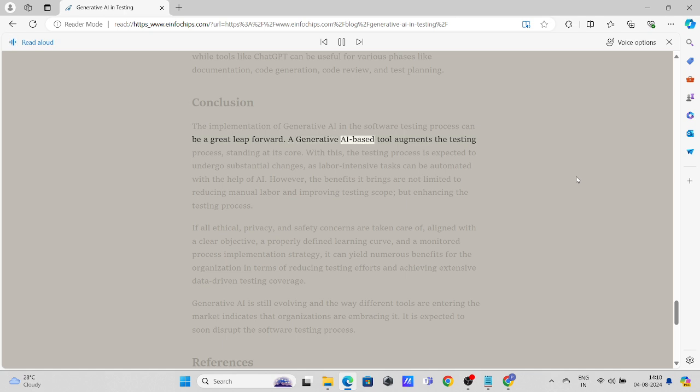A generative AI based tool augments the testing process, standing at its core. With this, the testing process is expected to undergo substantial changes as labor intensive tasks can be automated with the help of AI. However, the benefits it brings are not limited to reducing manual labor and improving testing scope, but enhancing the testing process. If all ethical, privacy, and safety concerns are taken care of, aligned with a clear objective,